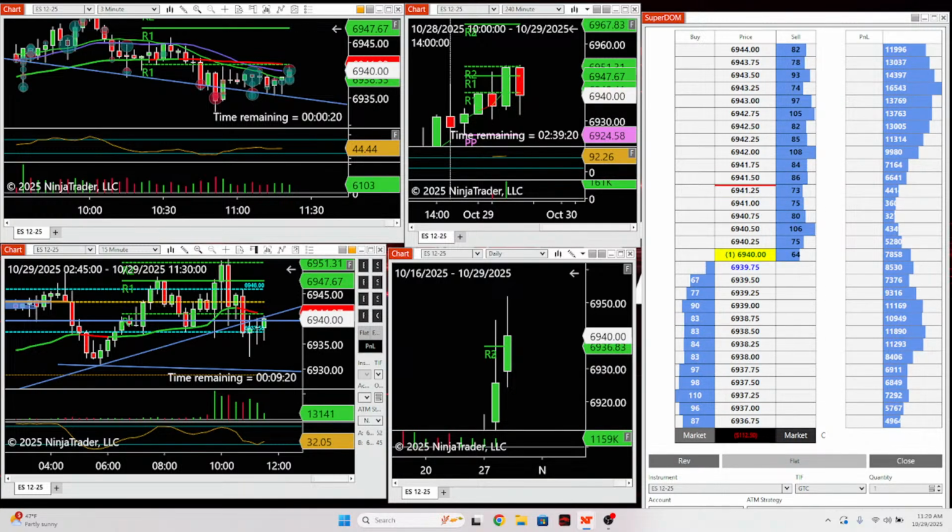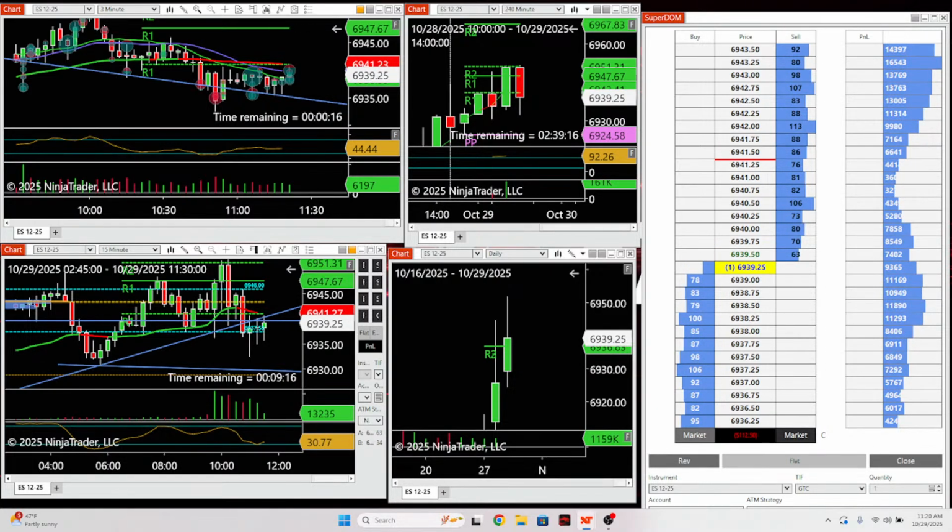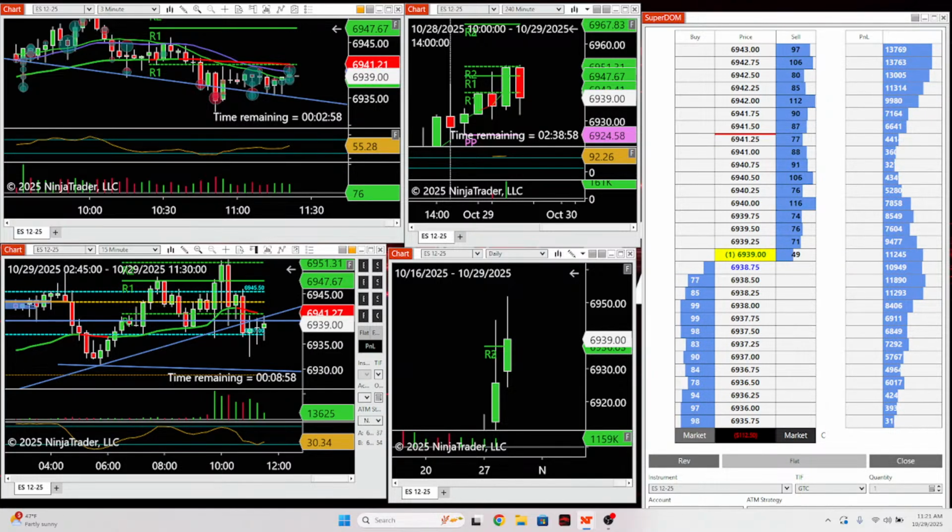Do I want to take that trade to try to get past VWAP and the 200 moving average and the R level? So we got the resistance, VWAP, and the 200 moving average right here. 40, 41, 41. I do not want to play trying to get that break above there. And I don't want to play the short off of there. So we'll just have to wait.